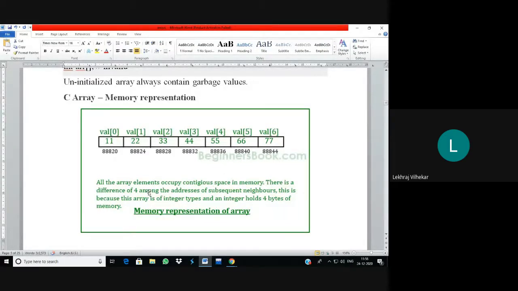So there is a difference of 4 among the addresses of subsequent neighbors, because this array is of integer type, and an integer holds 4 bytes of memory on a 32-bit or 64-bit machine.